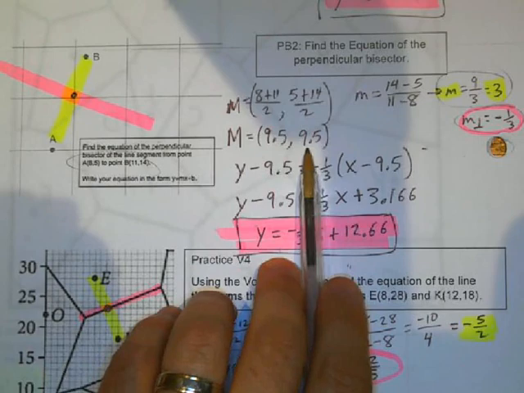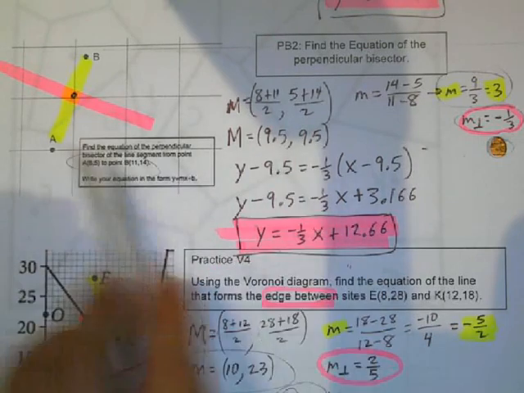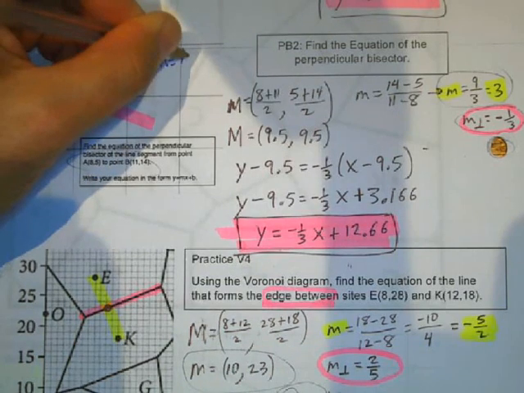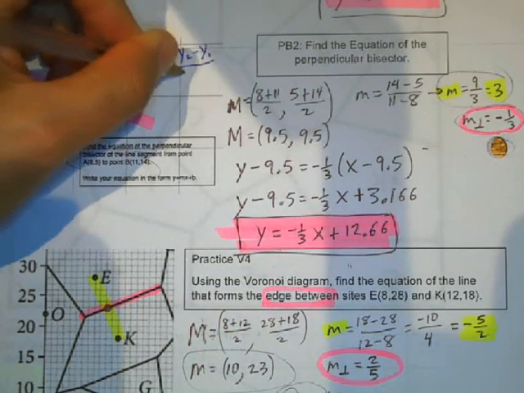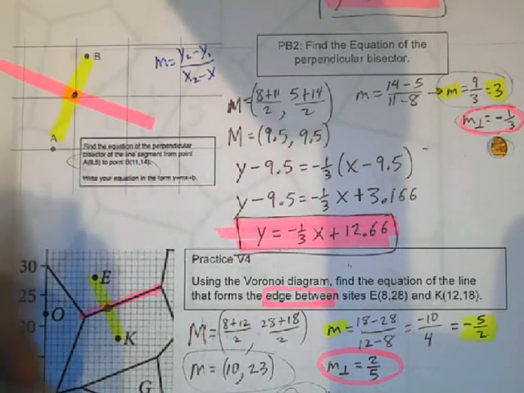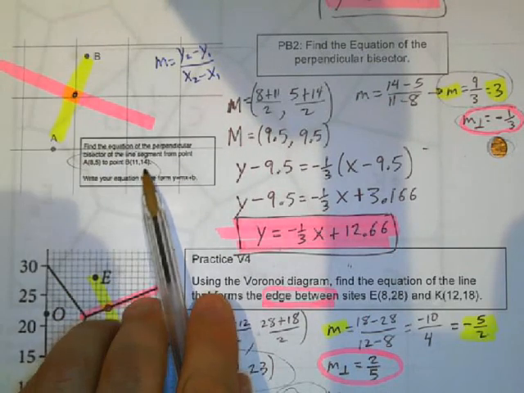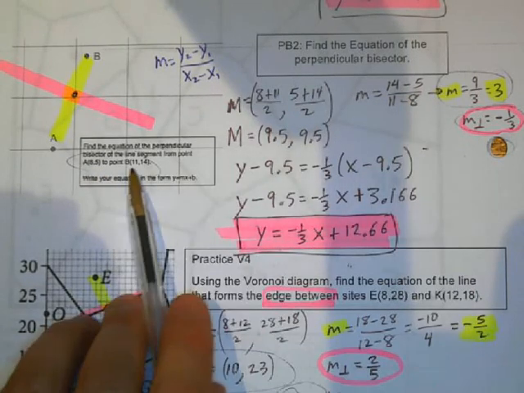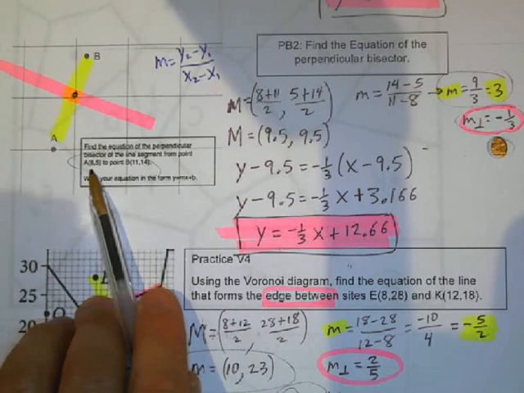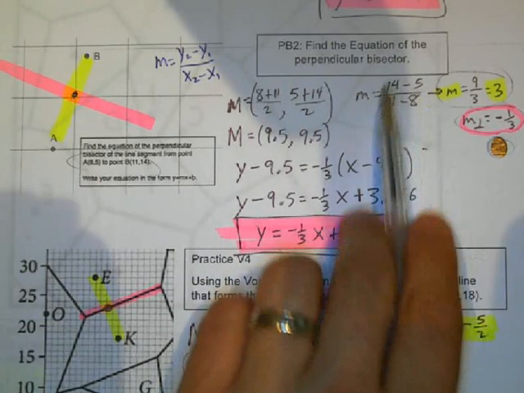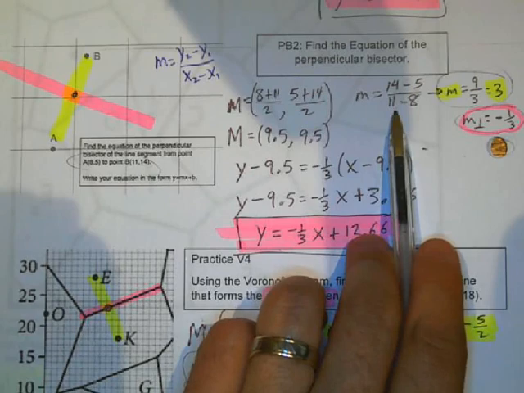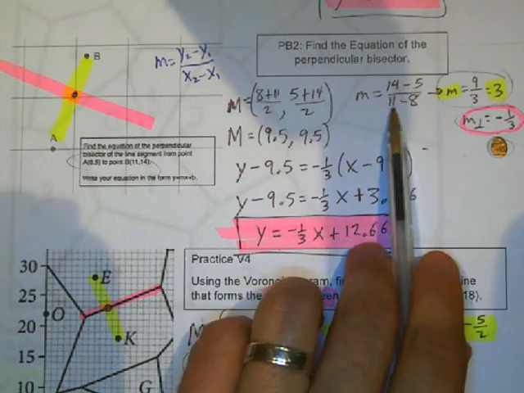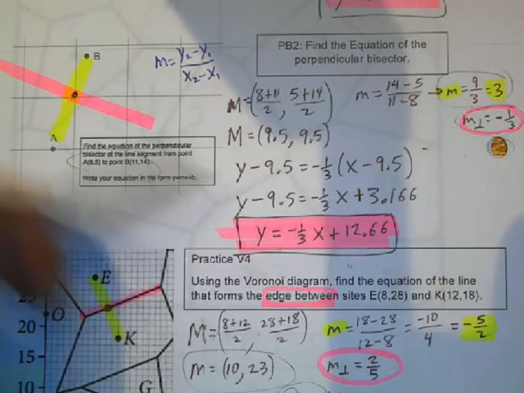Okay, and then we need to figure out our slope. So to figure out slope, it's the change of y over the change of x. So 14 minus 5 in the numerator divided by 11 minus 8 in the denominator. So the difference of the y values divided by the difference of the x values. 14 minus 5 gives me 9, 11 minus 8 gives me 3, so the slope of the yellow line is